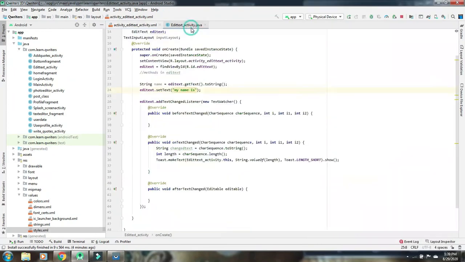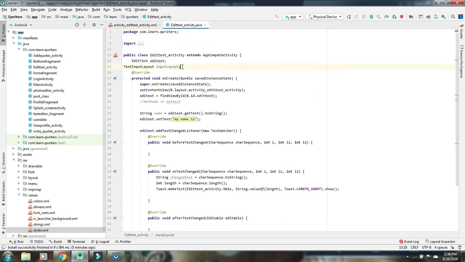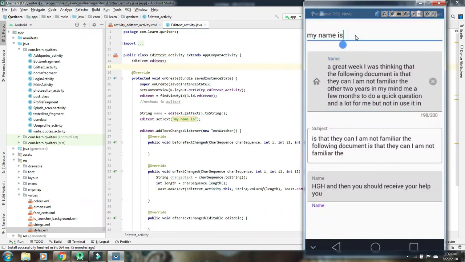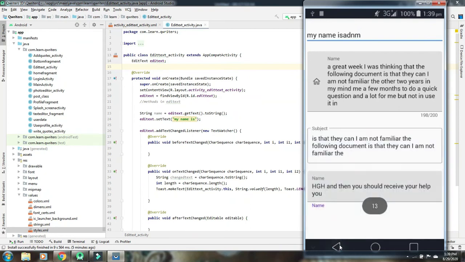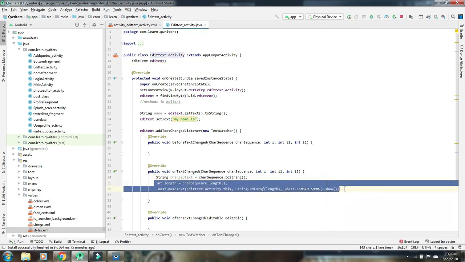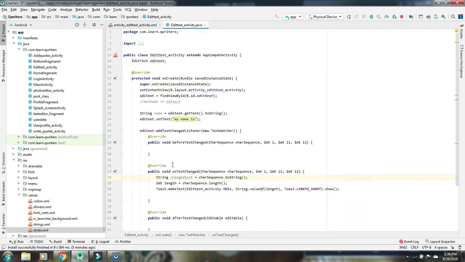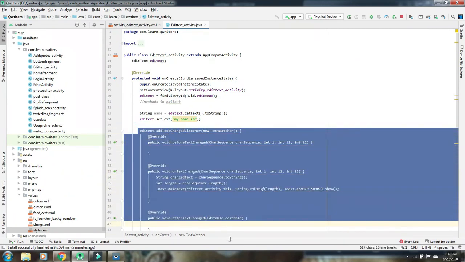Next, to use this programmatically, we have to just specify one variable. Previously we have added an edit text. For that also, we can see here in the first edit text, when I type one extra name, I get the count in the toast. You can see 12 and 13. So the number of words in this edit text are 12 and 14 I have typed. So from this onTextChanged, we are able to get the length of the text whenever the text is changed. So this is the edit text change listener.